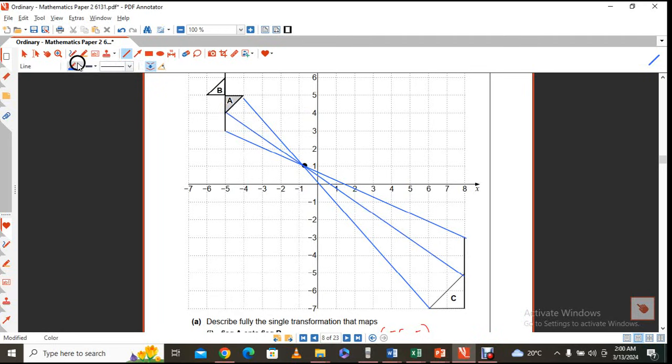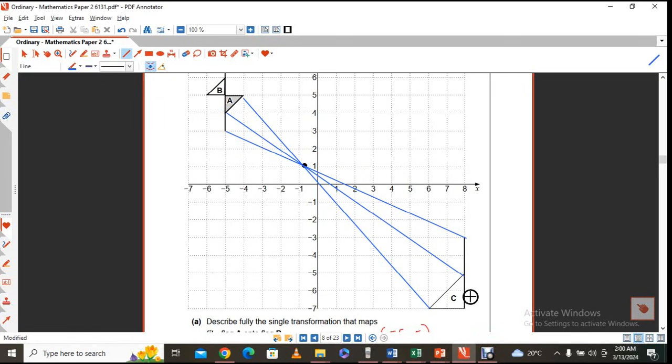So you can see that if this is the case, the center is between the two. You see, this is where the object is, and this is the image, because it's A onto C. And you see that the image is further away on the opposite side of the center. If that is the case, the scale factor is going to be a negative number because the image has been